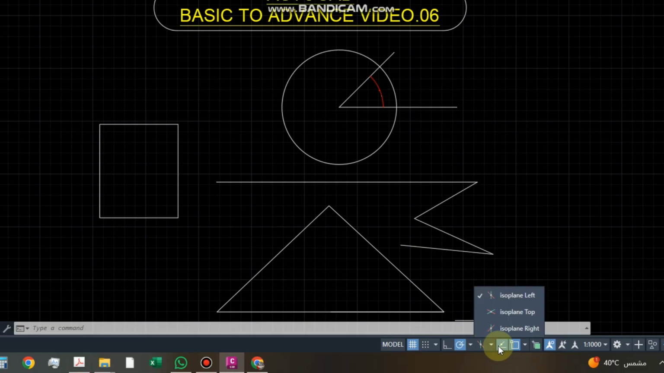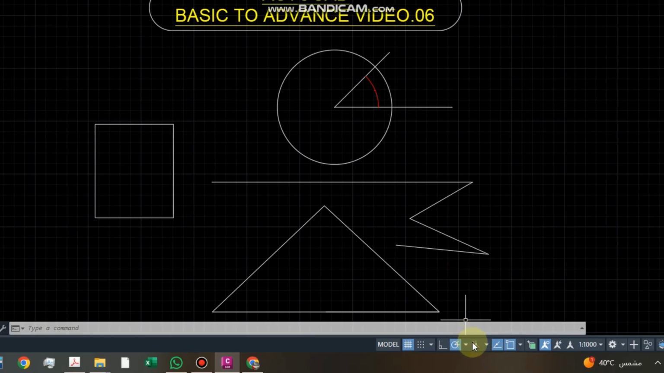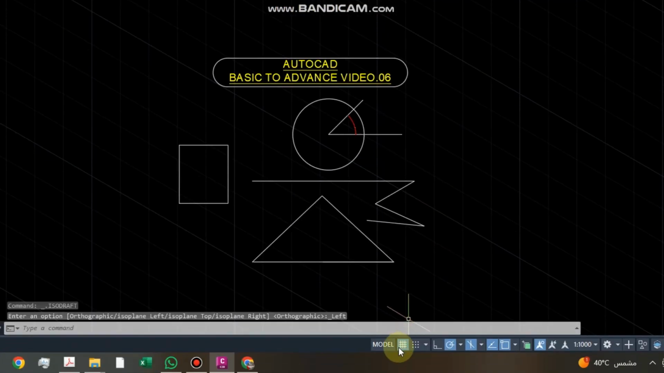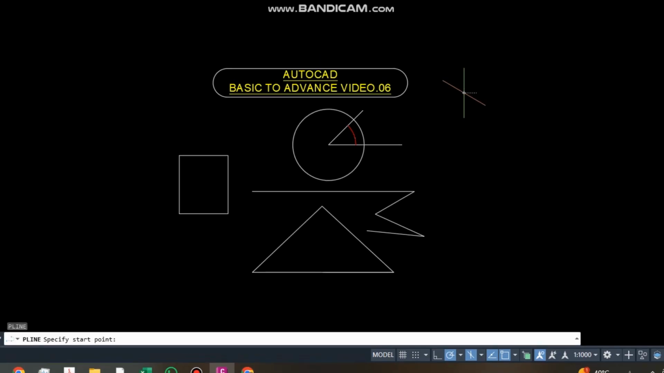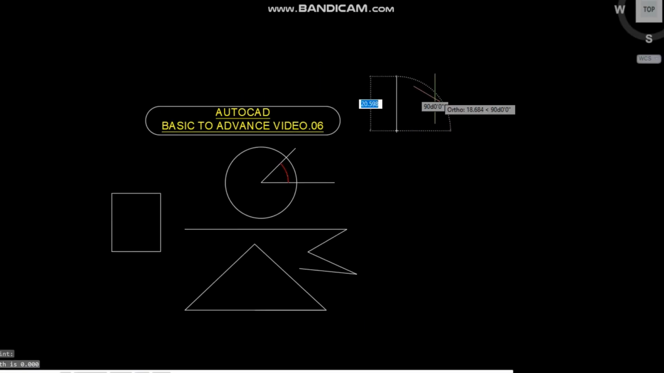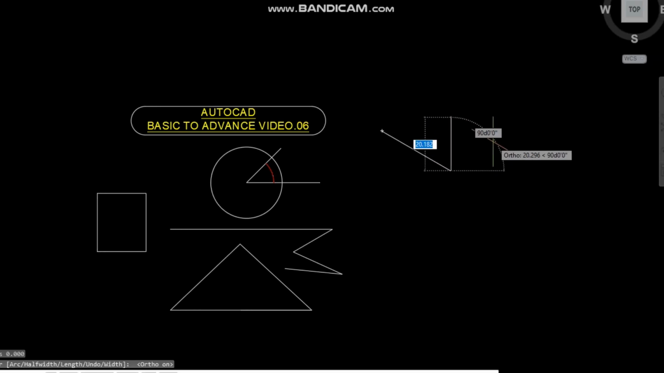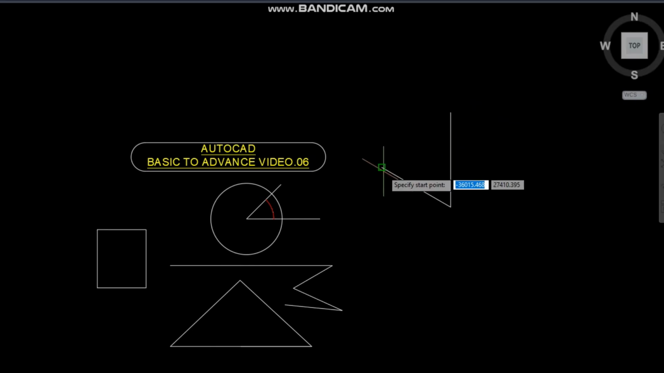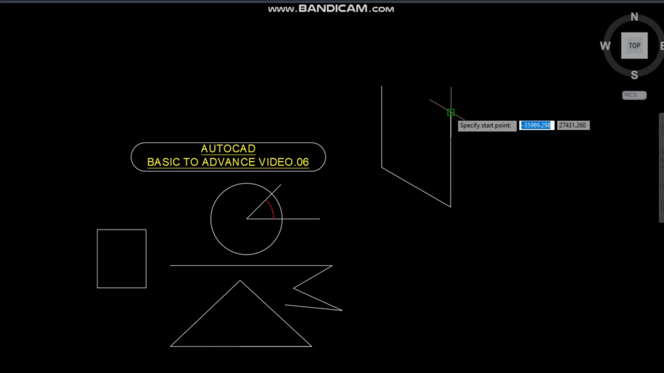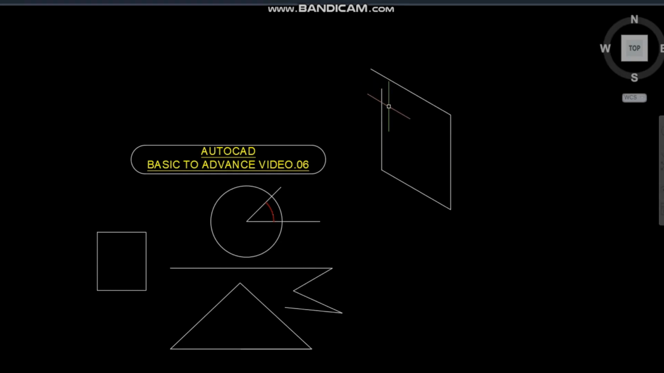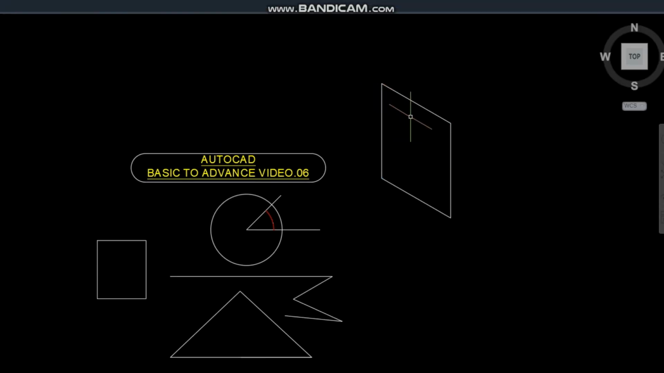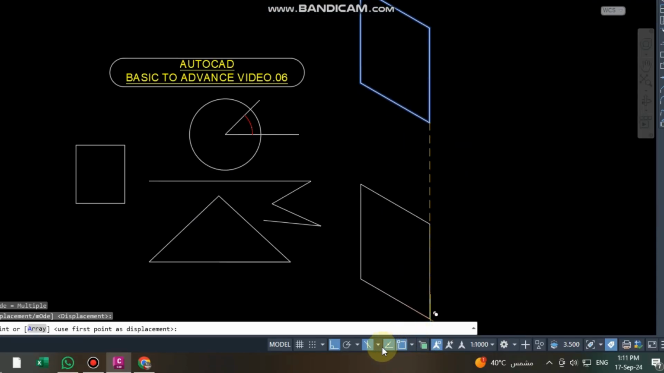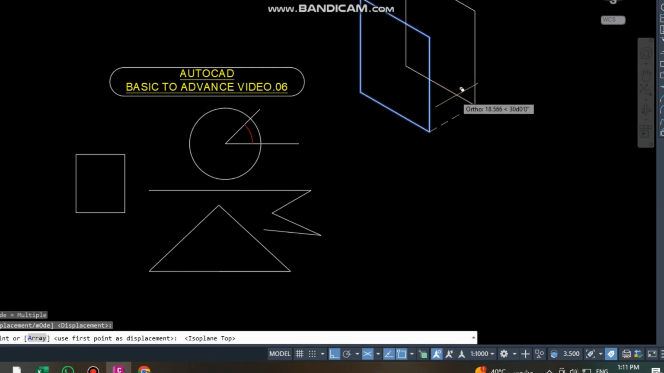The next thing is isometric. Sometimes we need to turn a 2D line into an object that looks like a 3D view. It will be a 2D object, but it will look like a 3D object. So you can change the cursor, like from here you can see now the cursor has changed in the angle, and you can move in a specific direction. If you cannot move, click here and change the direction of the